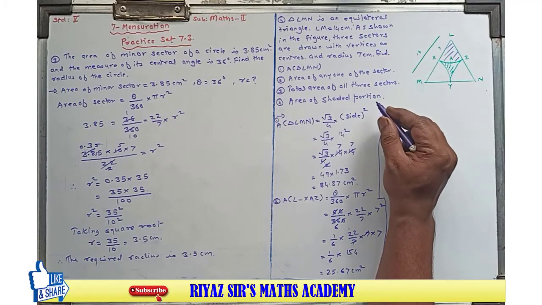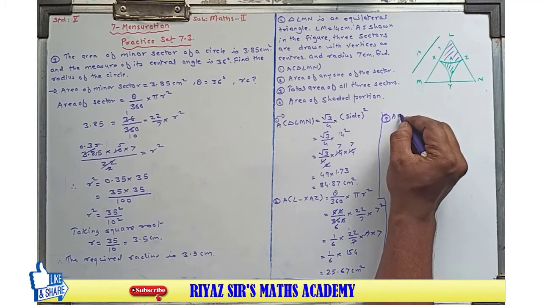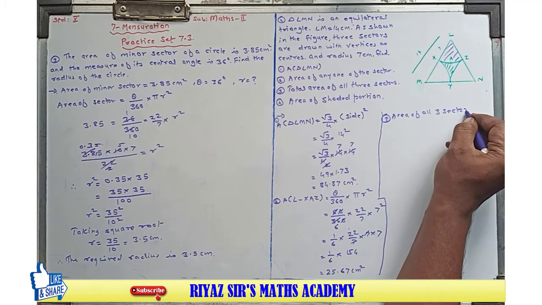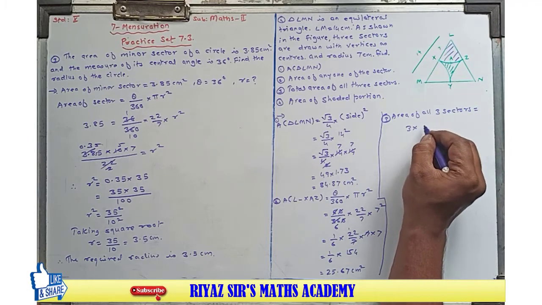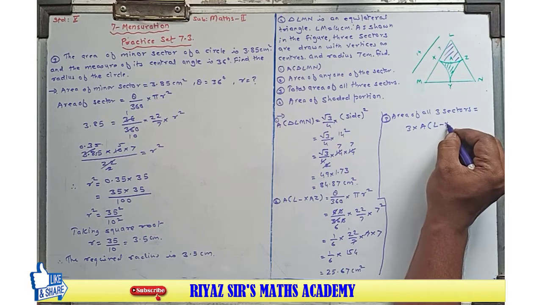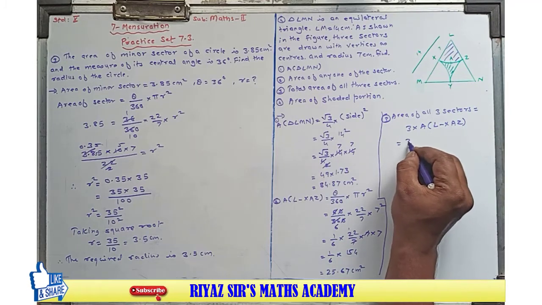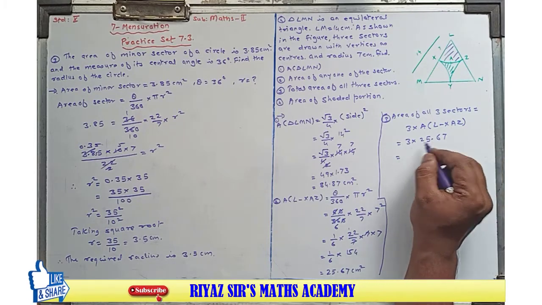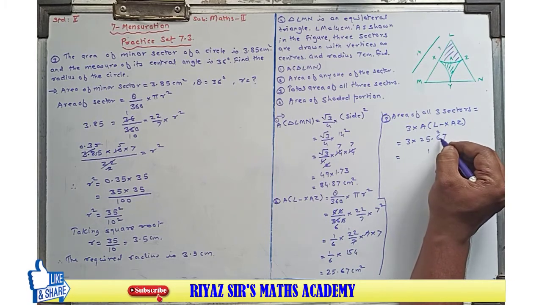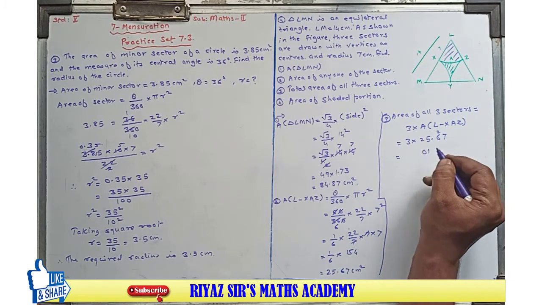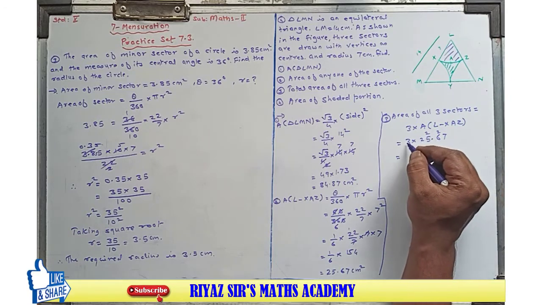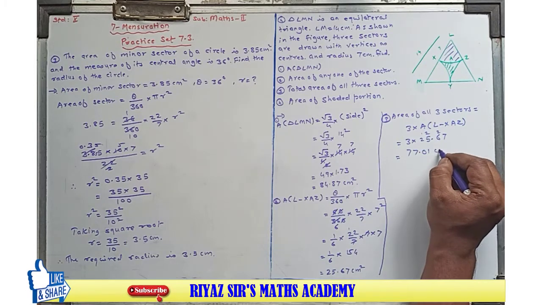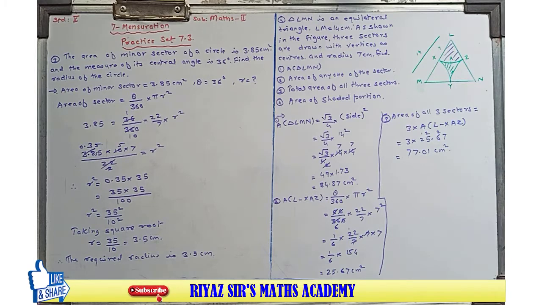Now third one, area of all three sectors. Area of all three sectors is equal to 3 into area of sector L dash XAZ, that is equal to 3 into 25.67, and after taking multiplication, 3 7s are 21, 2 carry, 3 6s are 18, 19, 20, 0, 2 carry, decimal point as it is we put here, 3 5s are 15 plus 2, 17, 1 carry, 3 2s are 6 plus 1, 7. 77.01 centimeter square, that is the area of all three sectors.